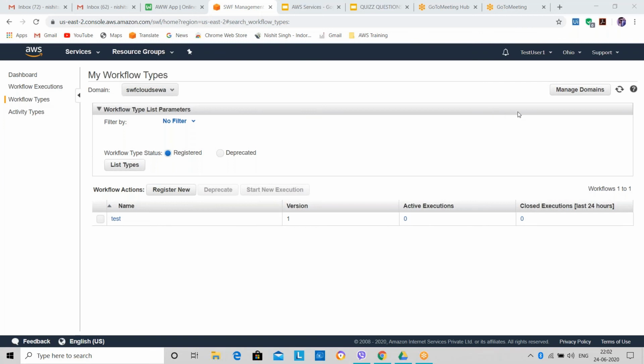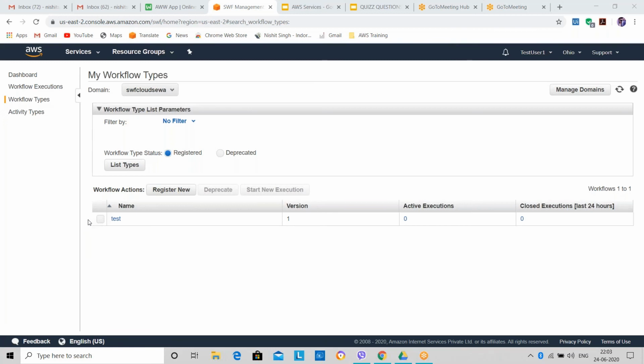SWF can be configured based on the timings also. Pardon? SWF can be configured based on the timings. So every day I need to execute this workflow during this time. Okay, okay, for the timings, you want to execute this workflow at this particular time only.